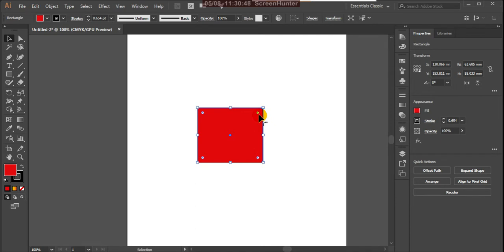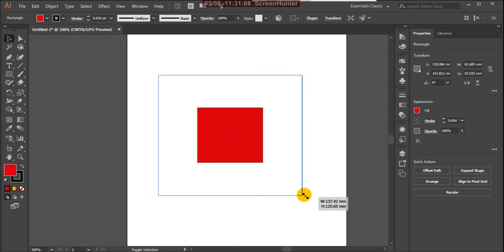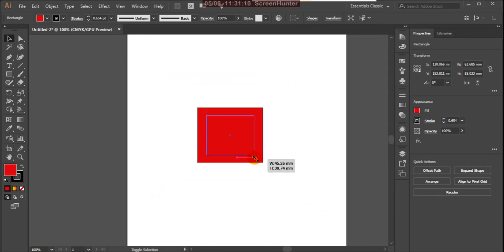Press Shift and Alt on the keyboard. Now you can drag this object, this shape, bigger and smaller. So it is acting from the center, changing bigger and smaller.